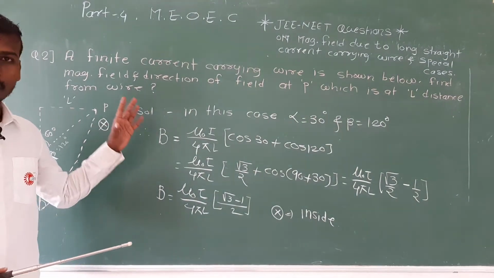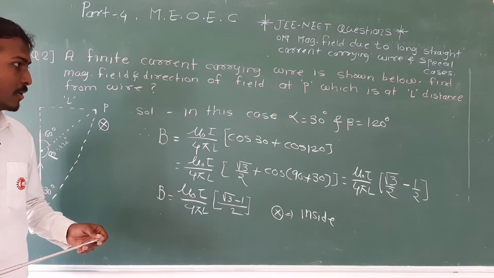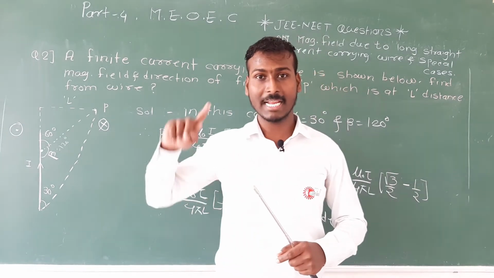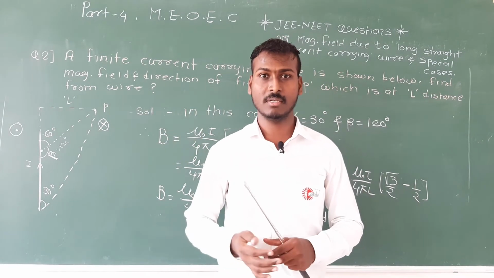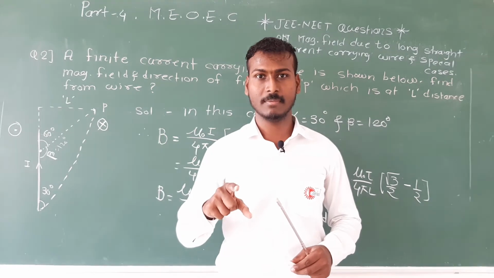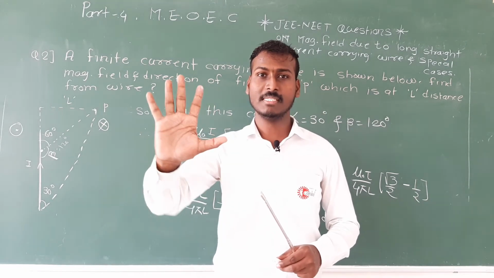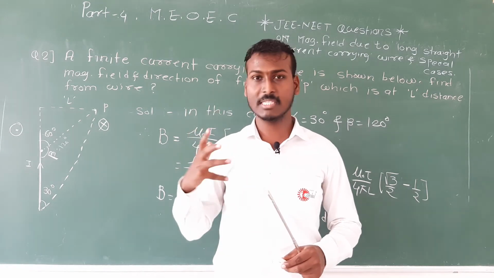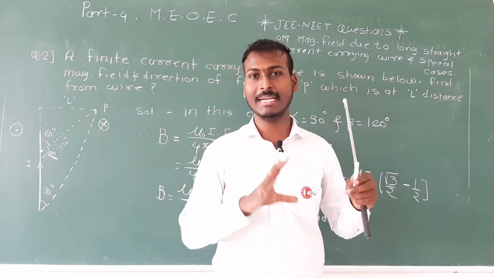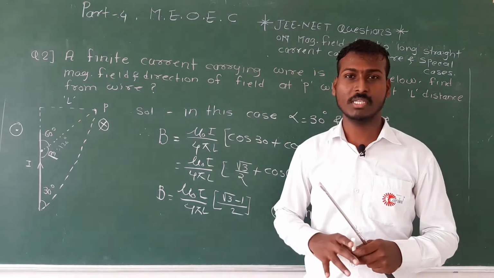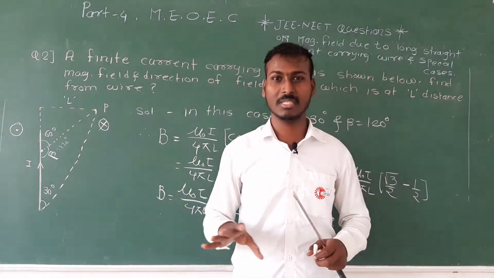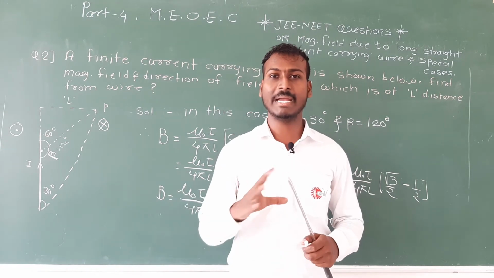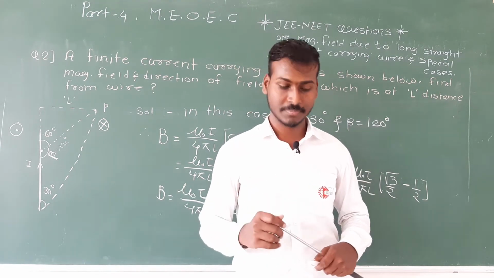Okay, I hope you got the questions. It's very easy and simple. Just focus on angles. I have already told you, whatever the diagram I have given you in the first expression, that is alpha, beta, theta 1 and theta 2, just remember that diagram. That diagram should come to your mind instantly whenever you are solving this kind of questions. If you got that diagram, definitely no question will be hard for you. You can solve any questions within a fraction of a second easily by doing some mind calculation only. Okay, note it down.